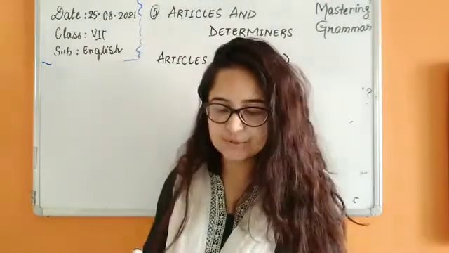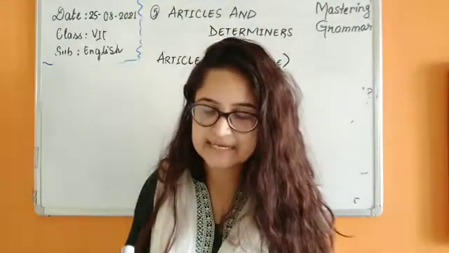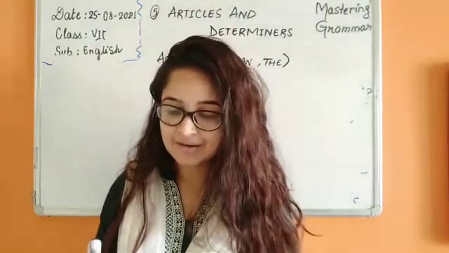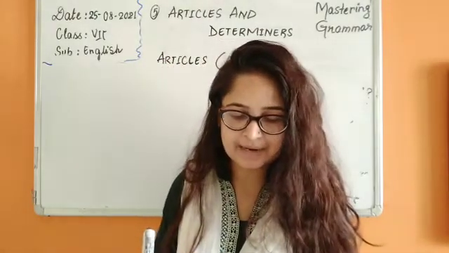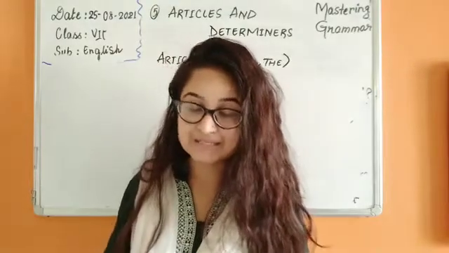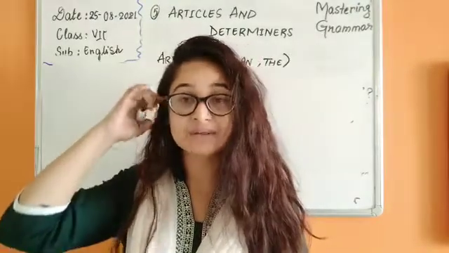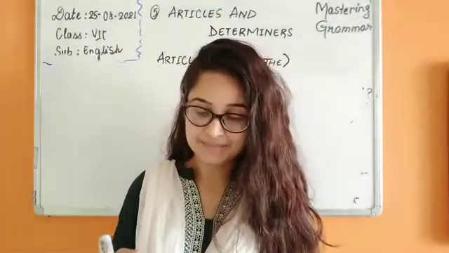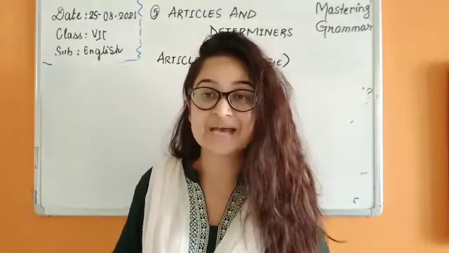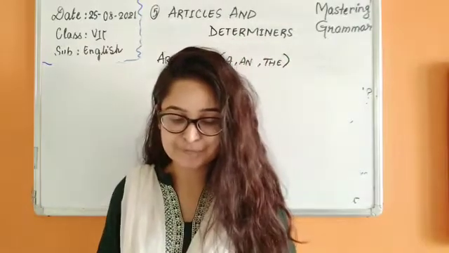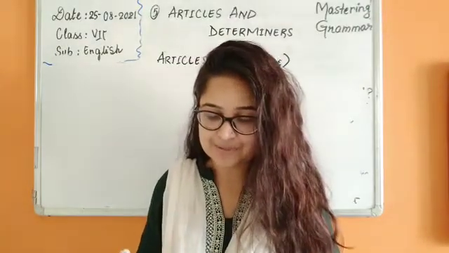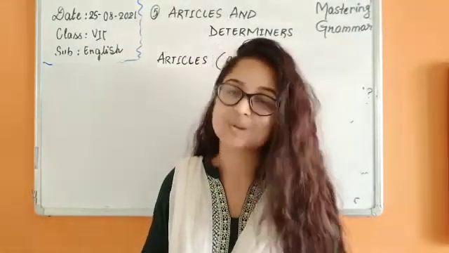Let us discuss the use of articles in detail. There are three articles, namely a, an and the. As we already know, a and an are called indefinite articles, while the is called the definite article. These articles are used as determiners. Article a is used before singular countable nouns which begin with a consonant sound.